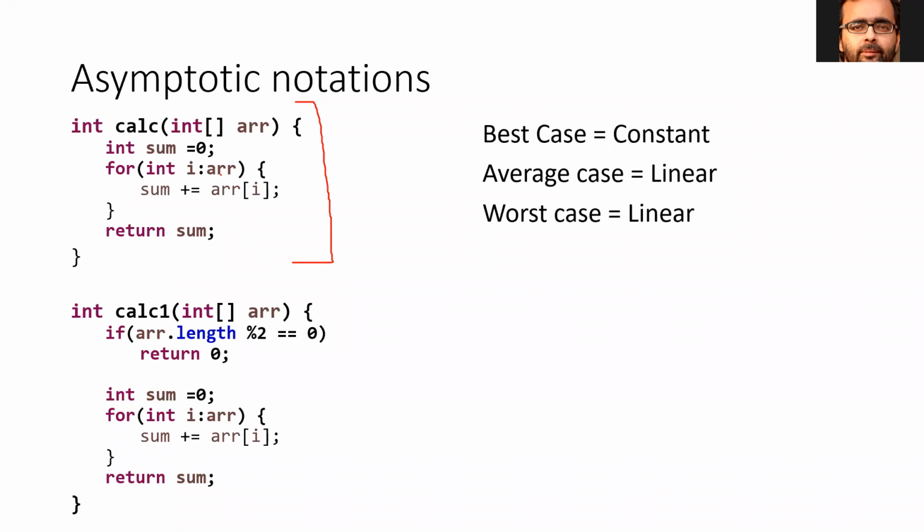For example, in this case, when you're doing the sum of all the elements in an array, you know that you have to iterate through the complete array, right? And only then can the sum be computed. There is no direct way over here. For example, if you're searching for an item, your item can be found at any place, but in this case, you need to iterate the complete array.